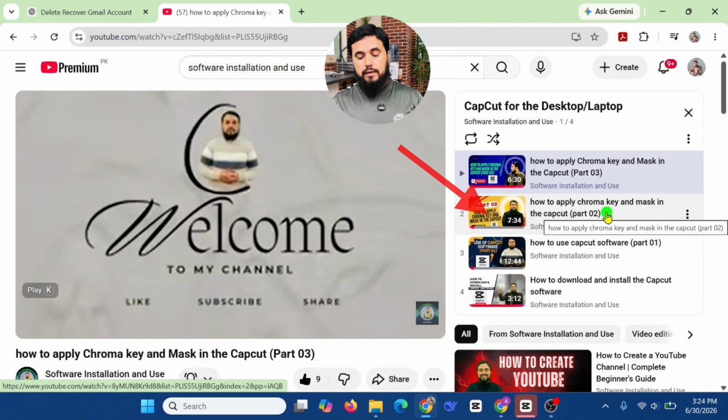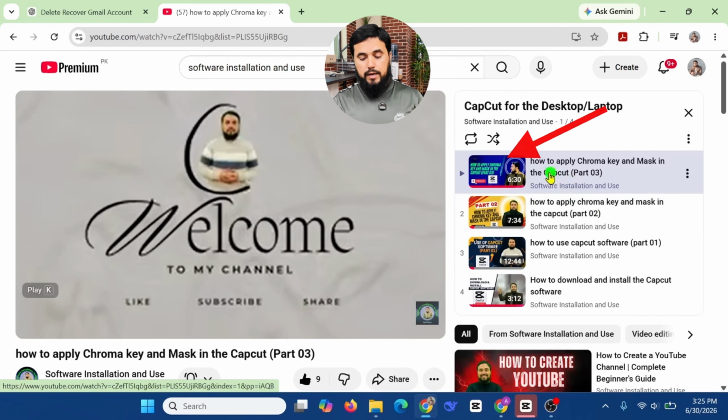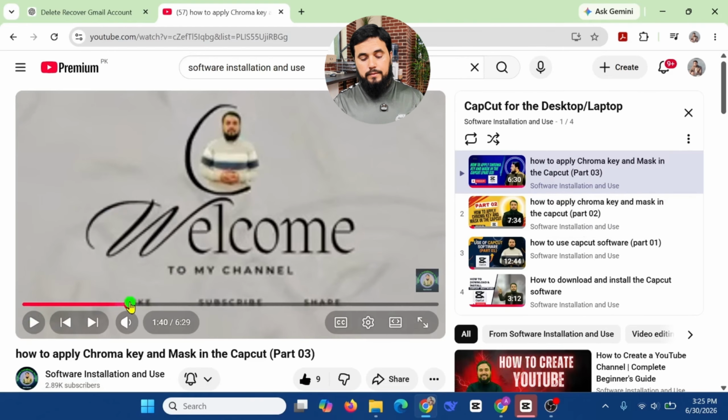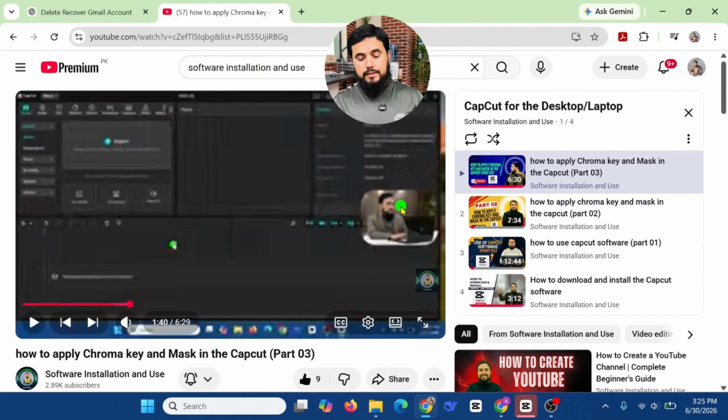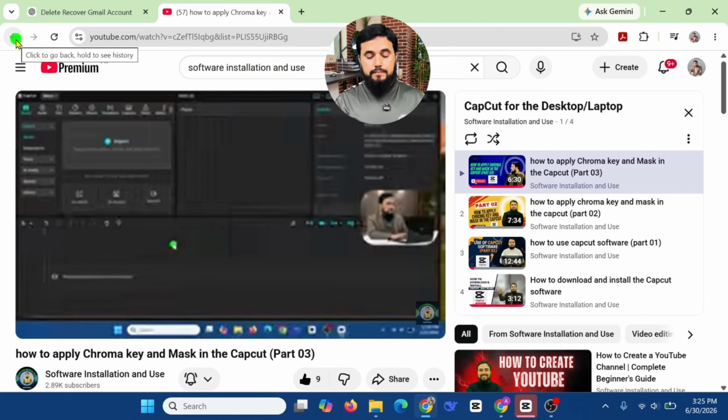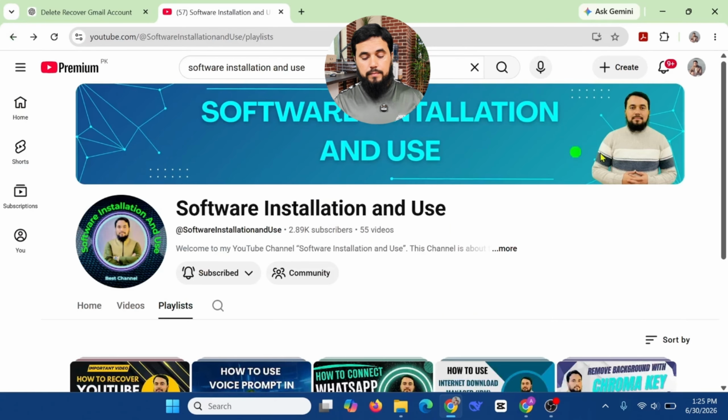This one is about part 2. The first one is part 1, part 2, and the last one is part 3. You can see here how to apply chroma key and mask in the CapCut application. And you can see here, this is the chroma key and mask applied. You can see this is the result of the chroma key and mask. Go back again and scroll down,